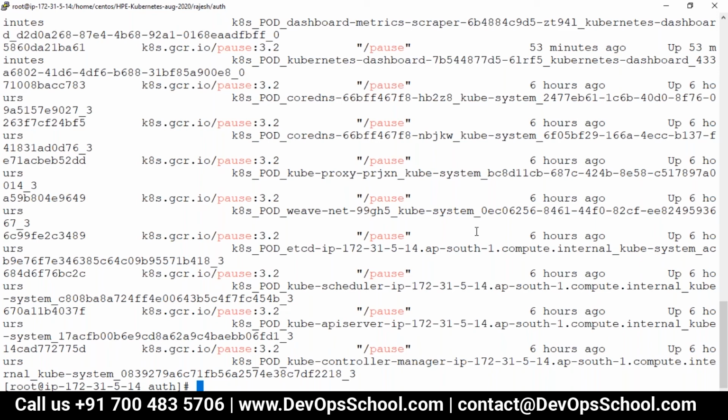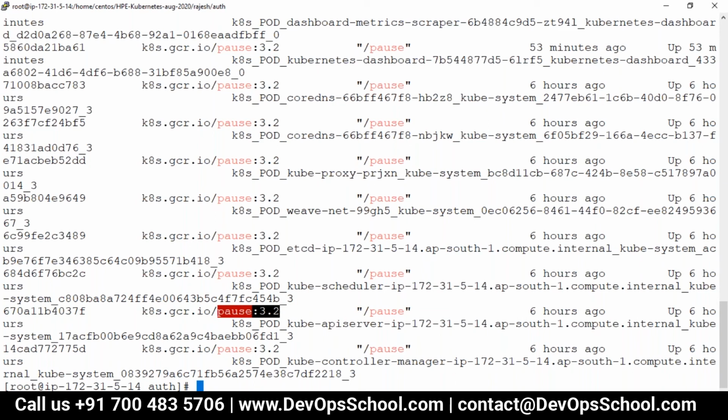Then you will be asking why I was not able to see that when I describe the pod. Yes, you will not be able to see that because that's the abstraction. Kubernetes says, I will show you only the things which you need to know. How it works, I'm not going to tell you, but you can deep dive into this and find out. So guys, what is the secret behind the pause containers? Now you know the pause container is running this image.